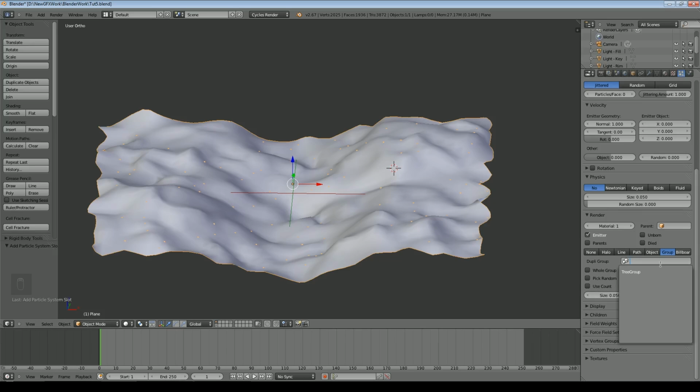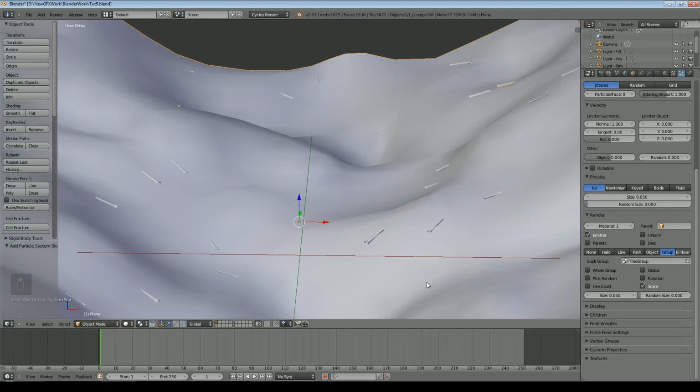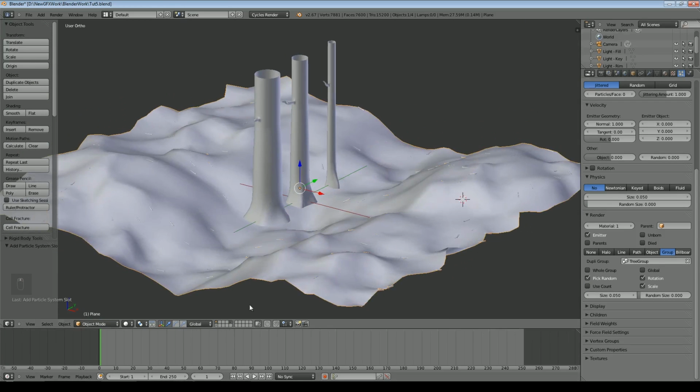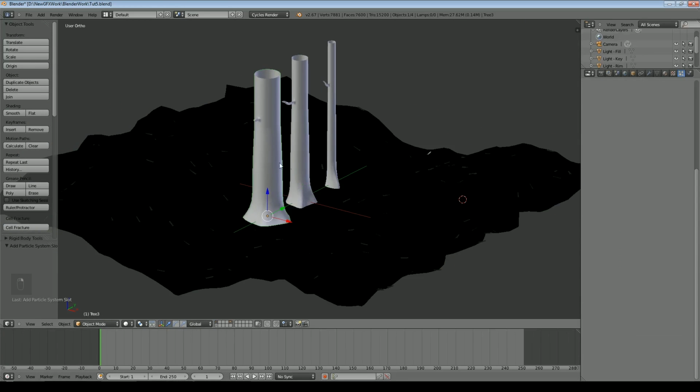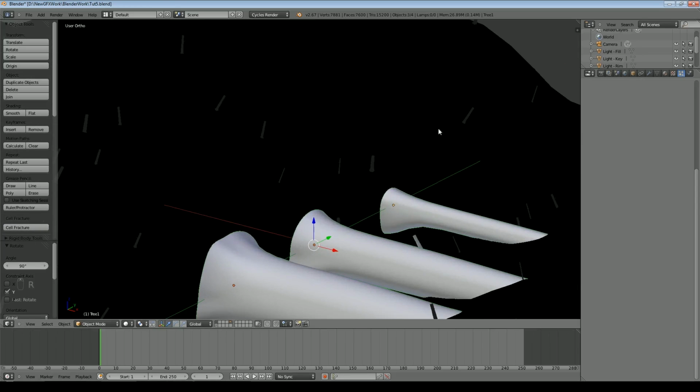And then we need to select dupli group, so that's the group that it's going to gather its duplications from, and that's the tree group. And we can just see some very small trees there. Click rotation and pick random. This is normally the case. I find I normally do have to rotate my tree, so I've brought in the layer with the trees on it, select the trees, and it's usually the y-axis, rotate y 90, and now you can see they're standing up.